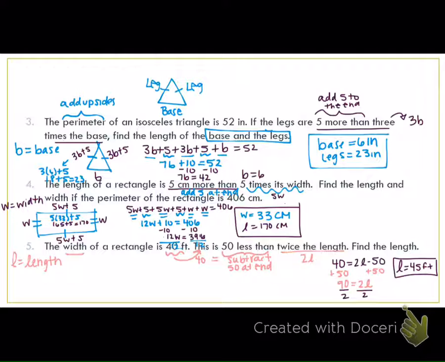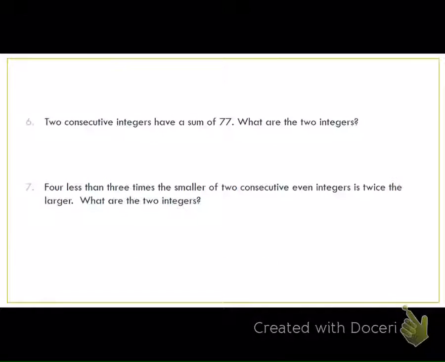All right, example 7. 4 less than 3 times the smaller of 2 consecutive even integers is twice the larger. What are the 2 integers? Okay, so we're dealing with consecutive even integers, so we have to think about what consecutive even integers mean. We always label the first x. So if my first is x here,